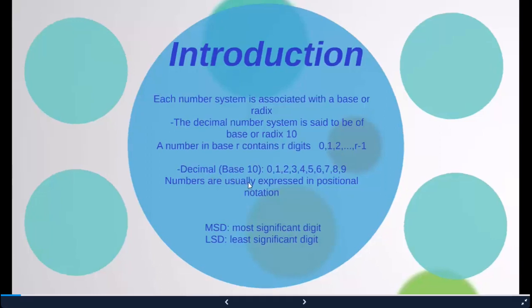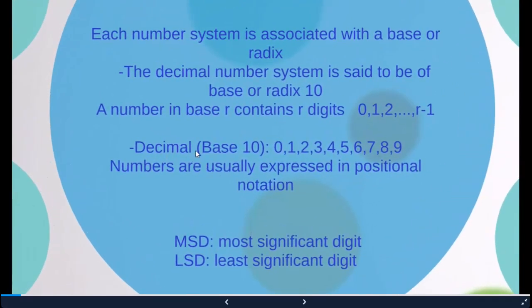As you can see here, an example for that is decimal, base 10. These are the numbers for decimal. We're going to be able to identify that because we're going to have some examples of this. By the way, MSD stands for most significant digit, and the least significant digit is the LSD. Most significant digit means if the digit